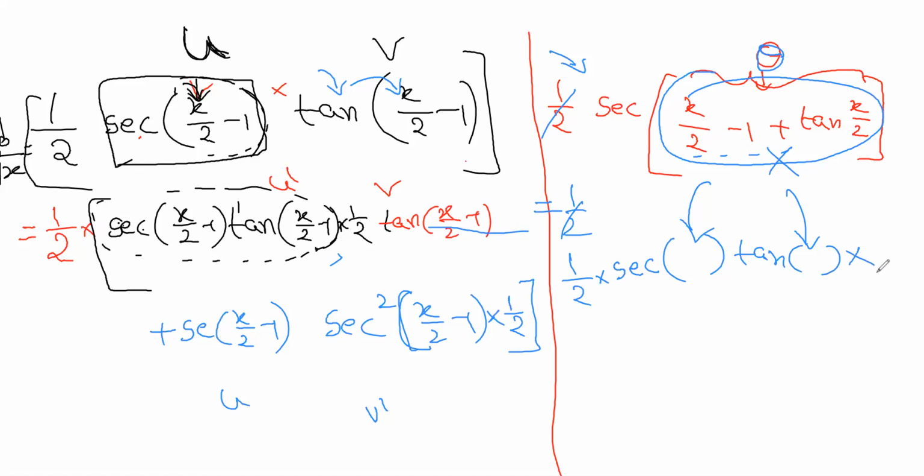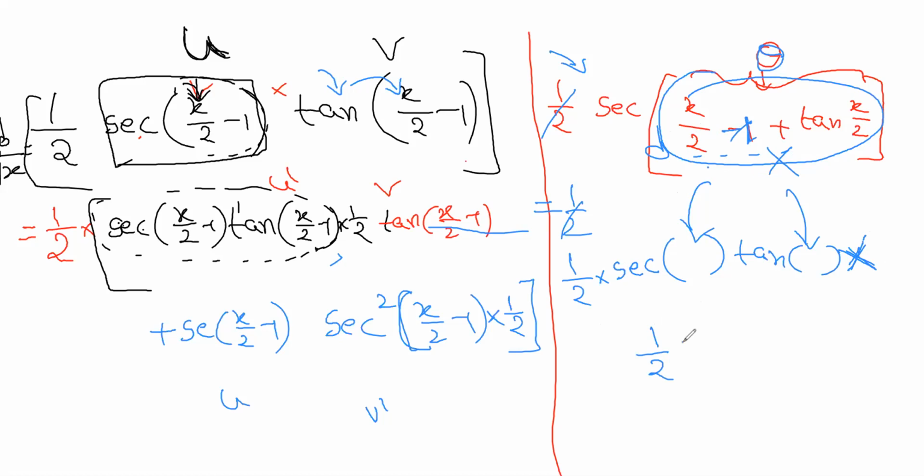Inside is a function; x by 2 minus 1 is one function. So that's 1 by 2 into 1 by 2, plus 1 by 2